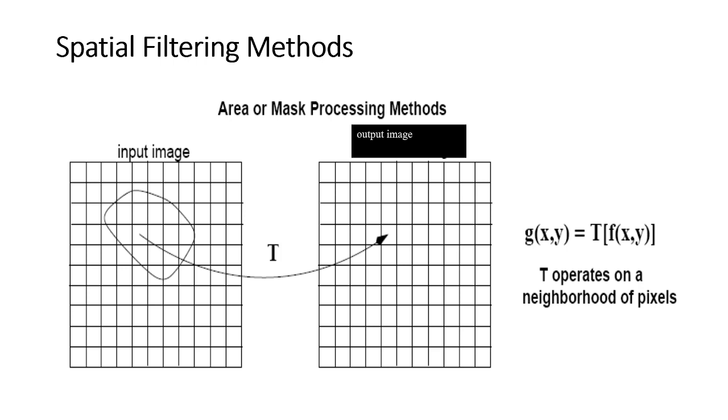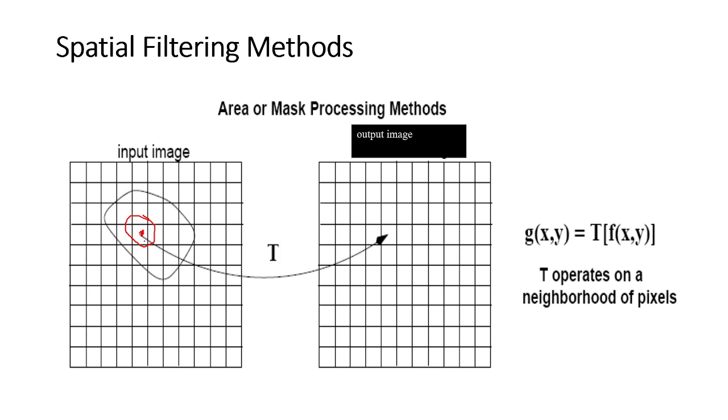So let's look at the spatial filtering methods. There is an image, the entire input image is there. It is done pixel by pixel. The filtering mask is applied for each pixel of that particular image. So that means if this particular pixel has to be changed, to filter it at this particular point,